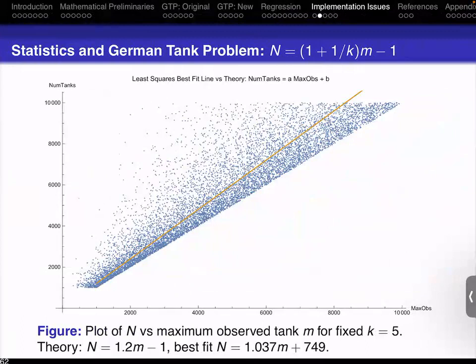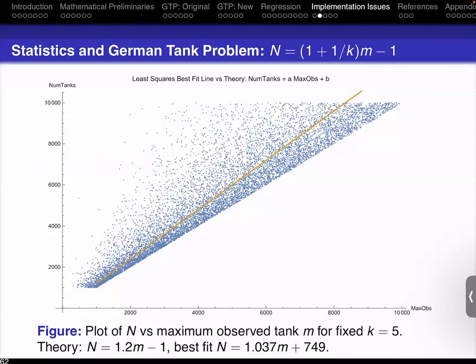If we try 5 tanks, we finally at least get a constant above 1, but it's still bad. The reason this is doing such a bad job, and again, the reason I want to do this is I want to just highlight how easy it is for you to misapply statistics. What we're doing in these simulations is choosing n, then sampling 1 and recording the largest tank observed. M should be the variable on the y-axis and n should be the variable on the x-axis. When we were doing our method of least squares, n is now the input and m is the output.